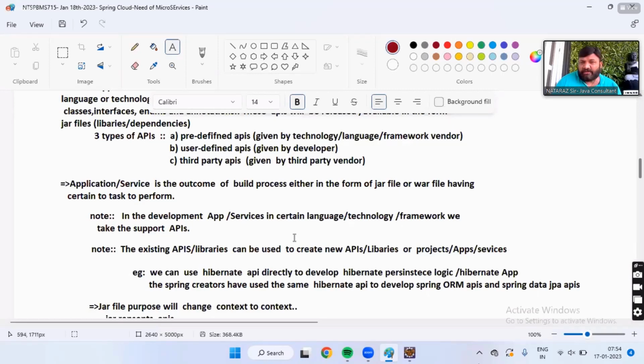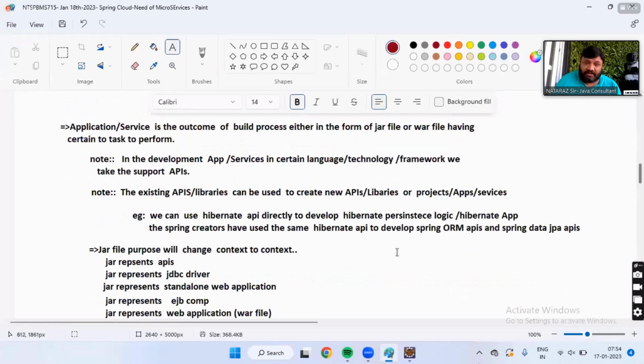Understanding my statement? Listen, guys, these two notes are very important. In the development of applications or services, in a certain language, technology or framework, we take the support of APIs. The existing APIs or libraries can be used to create new APIs, libraries, projects, applications or services. We can use the Hibernate API directly to develop Hibernate persistence logic.